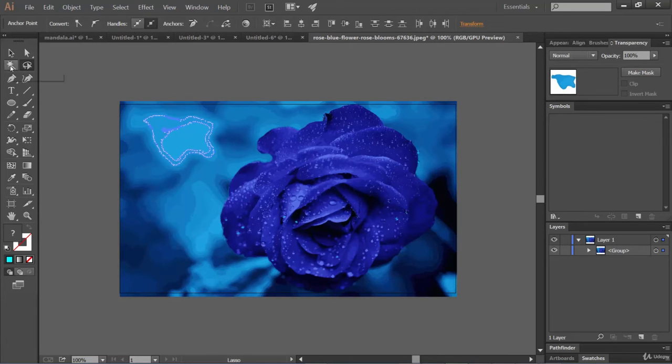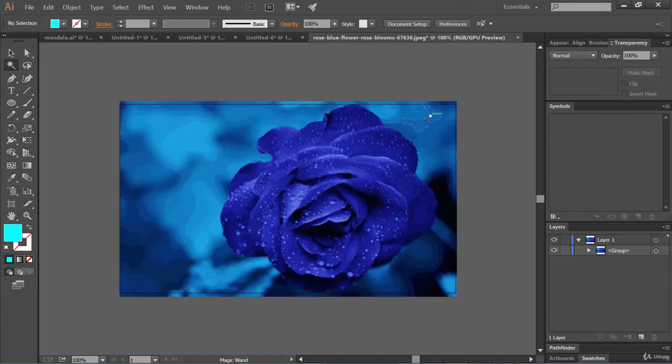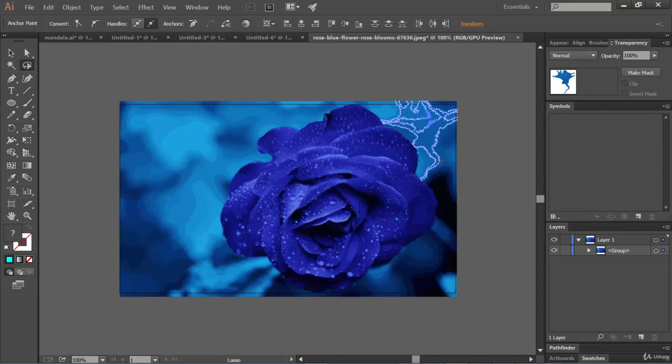But now let's use this magic wand tool and let's click on this part and see, many image parts got selected, because this color is kind of similar to all the colors that are there in this image. But try to select using this lasso tool. See, only this area got selected. And you can see here what you have got in the transparency panel, but that's kind of advanced, no need to worry about that. Actually these two tools are not that much used in Illustrator.